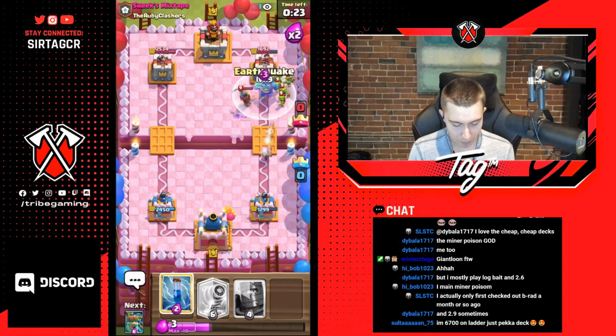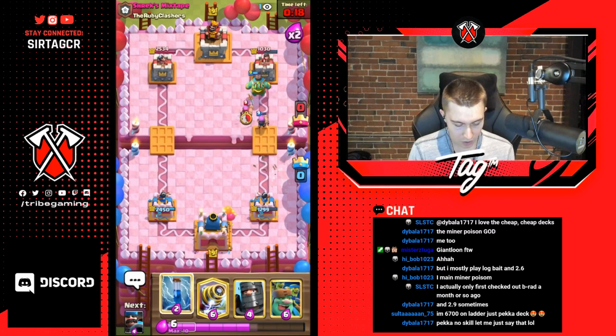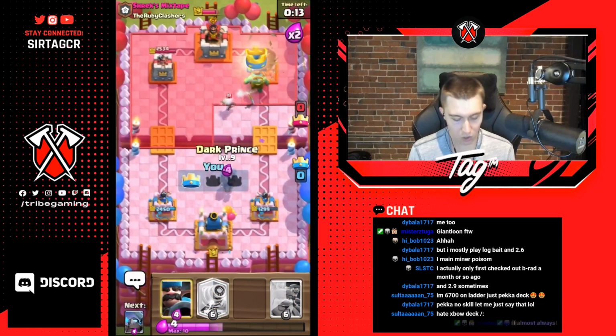I'm going to go for the Earthquake now. It kills the Goblins with the help of the Firecracker, so I don't even have to Zap. Firecracker is just going to give us so much damage. I can Zap now just for more damage, so I guarantee the W off of this push, just delaying his